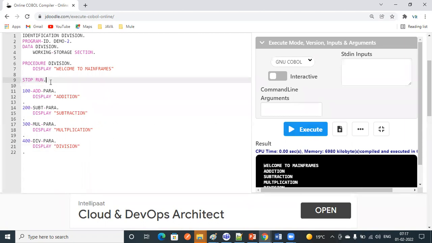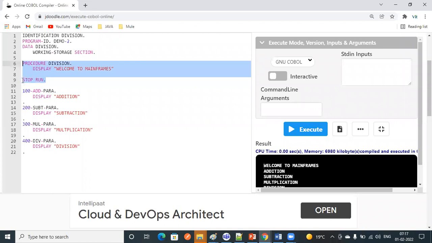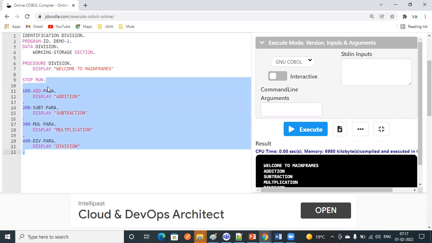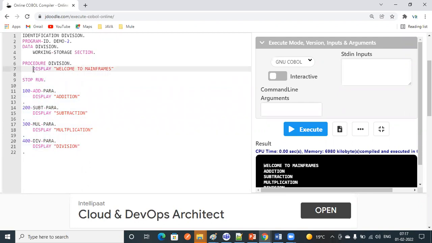See, now you can go and execute. What will happen? It won't execute any logic because we have kept it into separate paragraphs. We are not calling any paragraphs here. It will just display welcome to mainframes because it will start from procedure division and end with the stop run. So how many lines are there? Only one line. It is going to print welcome to mainframes.